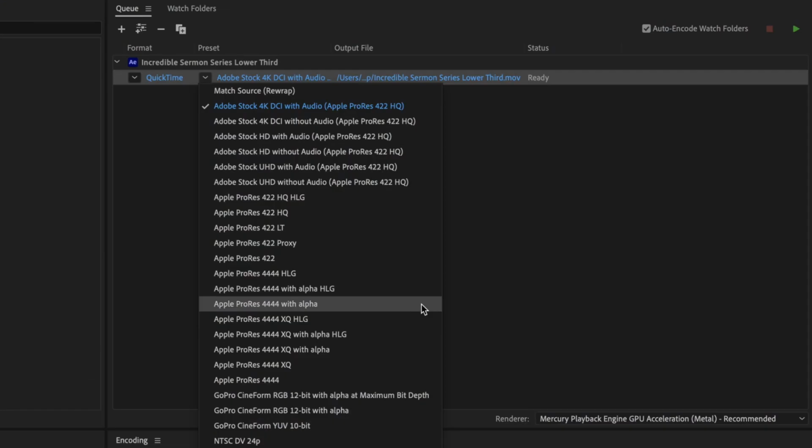If you need an alpha channel though, you'll need to use the same QuickTime format we talked about earlier, Apple ProRes 4444 with alpha. And from that, all you need to do is bring the exported file into your presentation